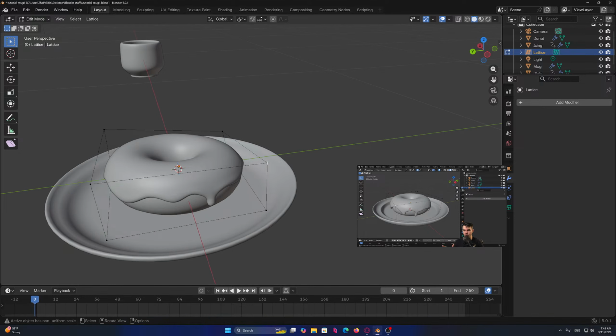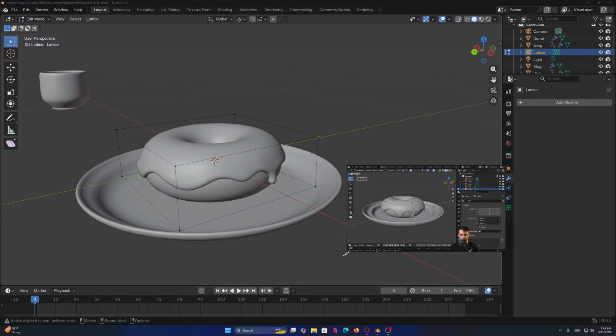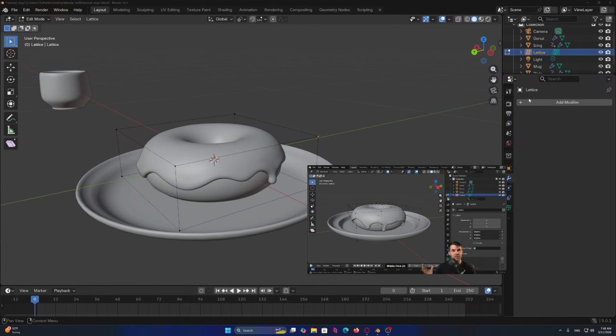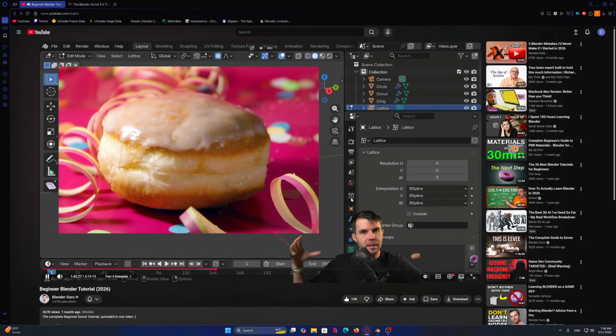Now it comes by default with just this low-res cube over it, but if down here you click this little data property for the lattice, you've got resolution here. So I can increase this. I can add in some more resolution here. And importantly, I want to add one in the middle here, because the first thing you notice when you look at reference of donuts is that besides the